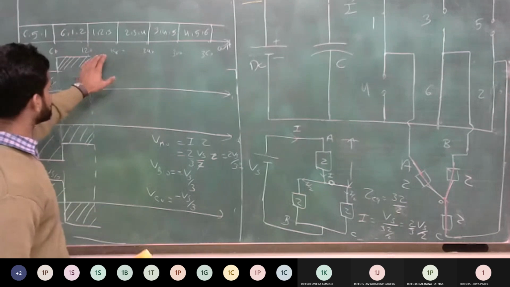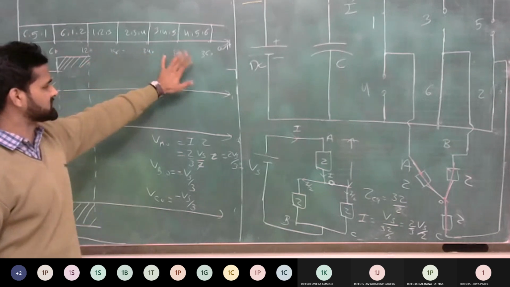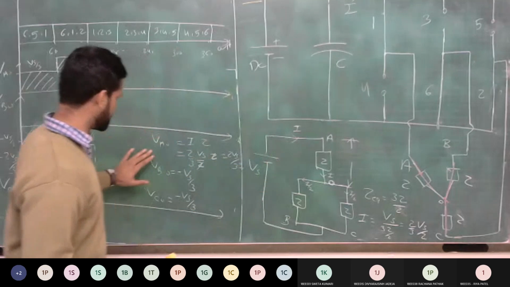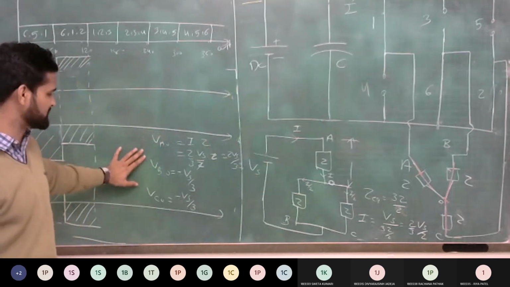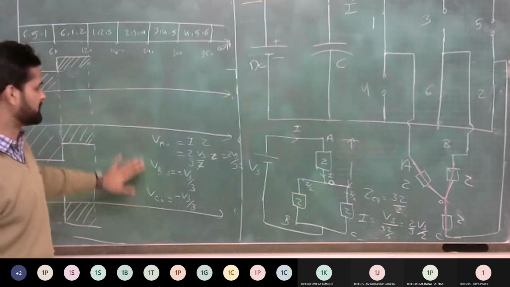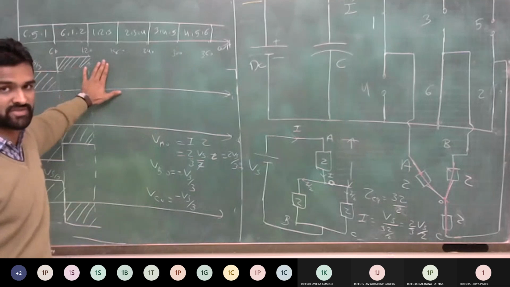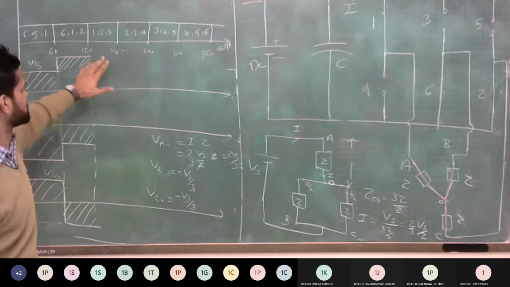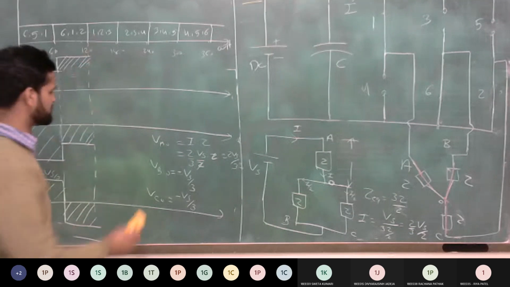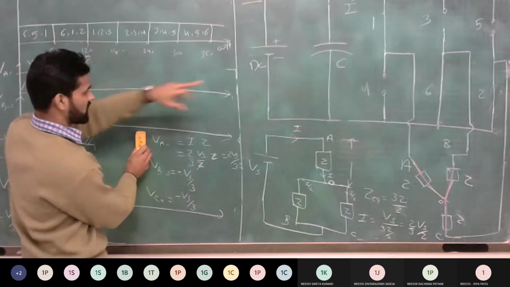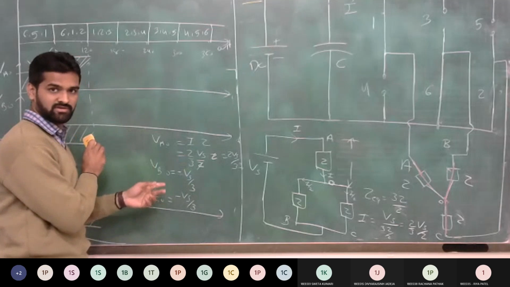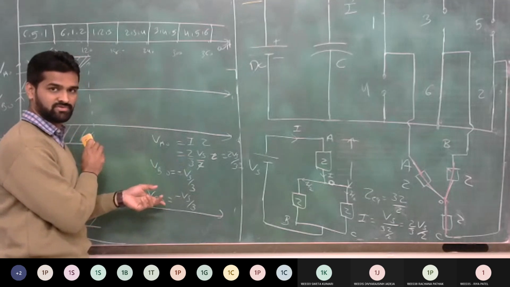Same way, calculate for the third, fourth, fifth and sixth step. First, draw the equivalent circuit and then repeat again. Same thing, calculate phase A, phase B and phase C voltage. And then after, put the value of this phase voltage in terms of waveform. Clear? So start from step number 3. 1, 2 and 3 is on. Draw the equivalent circuit. This one is clear, all of you?